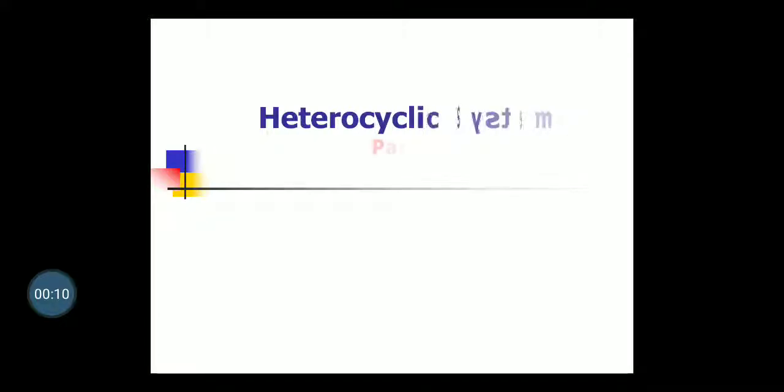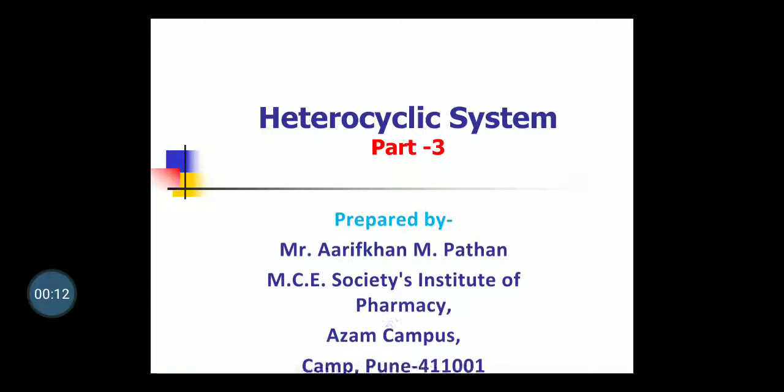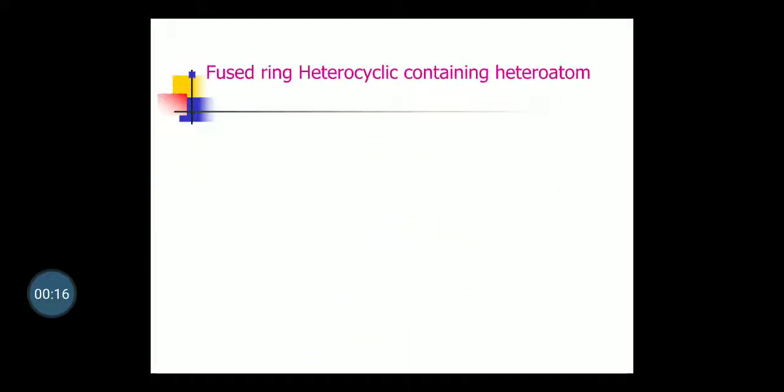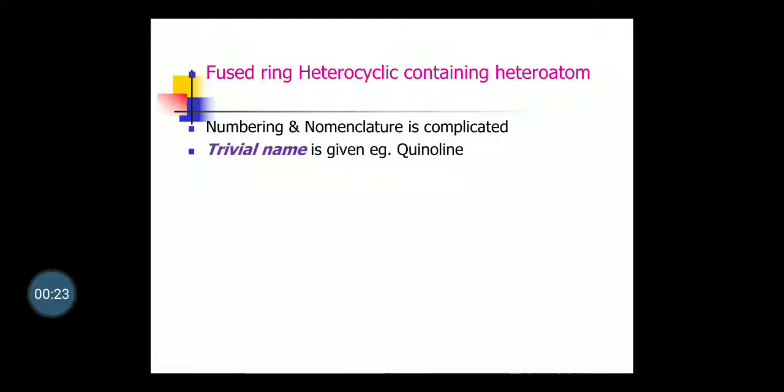Now we have to see the third part of the heterocyclic system. In this, we'll see the fused ring heterocyclic ring, containing their numbering as well as the nomenclature, which is complicated. We had seen in the previous part the numbering of the simple heterocyclic ring. Now we are moving toward the numbering of the fused heterocyclic ring containing one heteroatom or more than one heteroatom. In this case, we are taking the example of quinoline